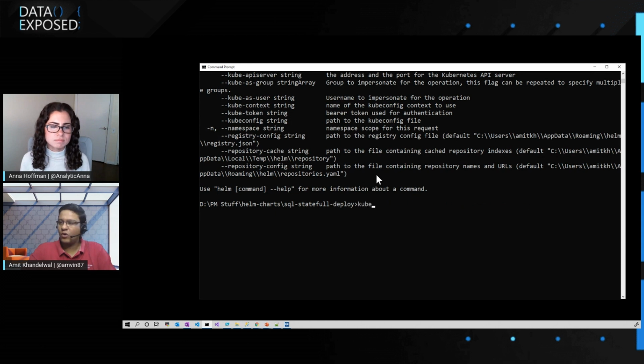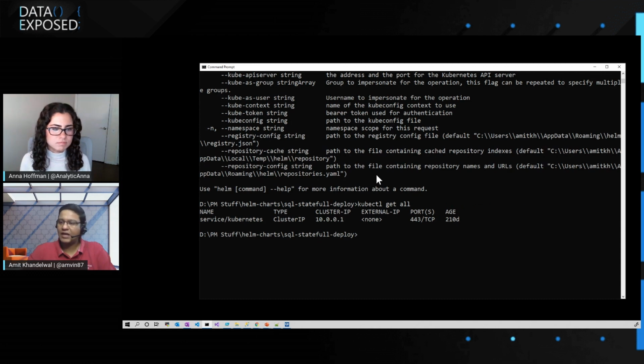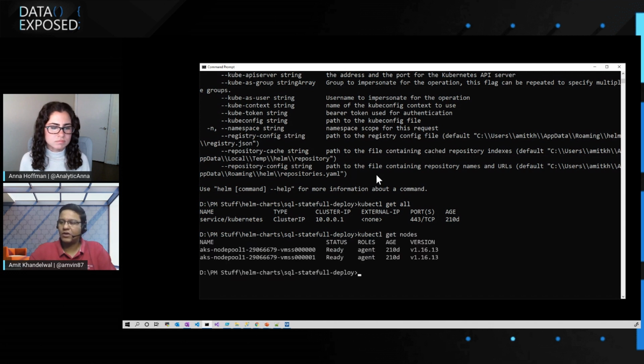so that I can go ahead and run a command, something like kubectl get all, and this is going to connect to my Azure Kubernetes Service and give me the current output that you're looking at. So I could just take a look at the different nodes. Again, I've just set up a plain simple 2-node Azure Kubernetes cluster running for us.